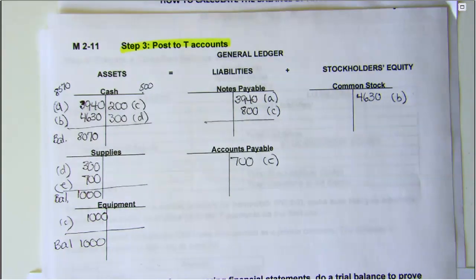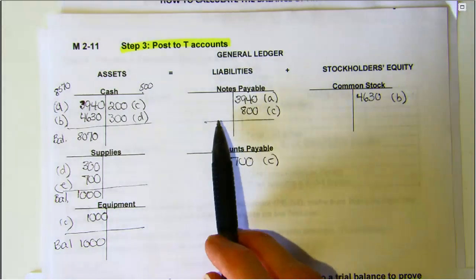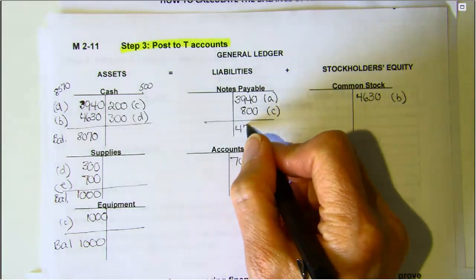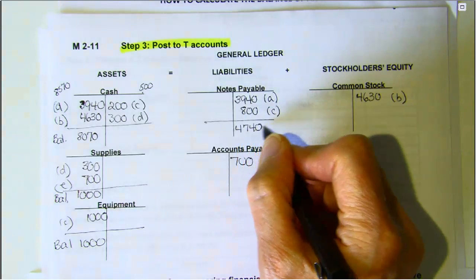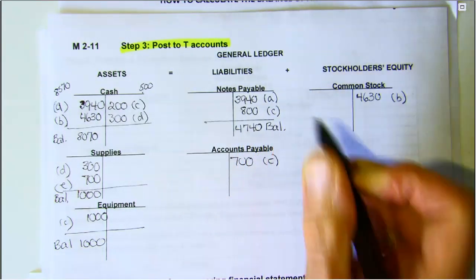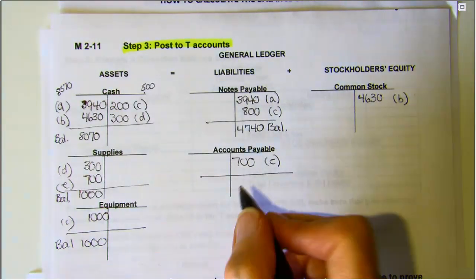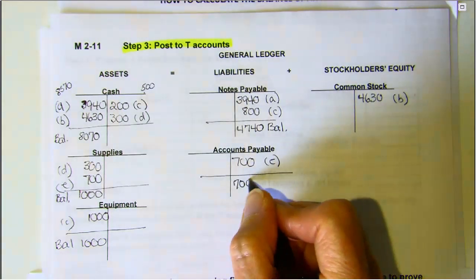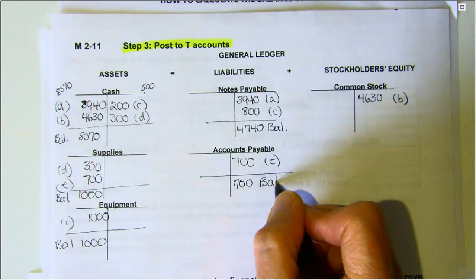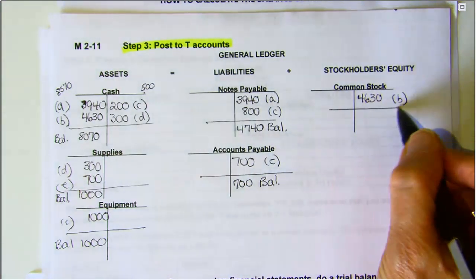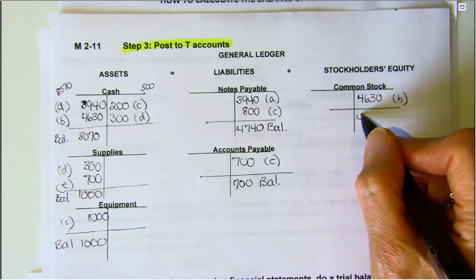3,940 plus 800 is 4,740. There are no debits to subtract, so we have a credit balance of 4,740. With accounts payable, we only have one amount, so that becomes its balance, $700. And the same thing for common stock. We only have one amount, so that becomes its balance,